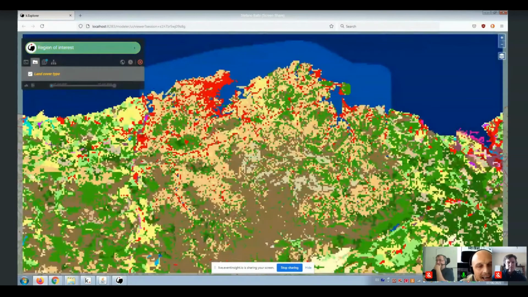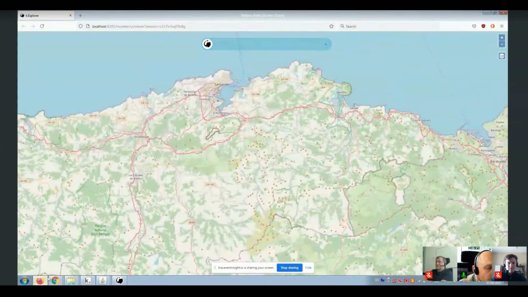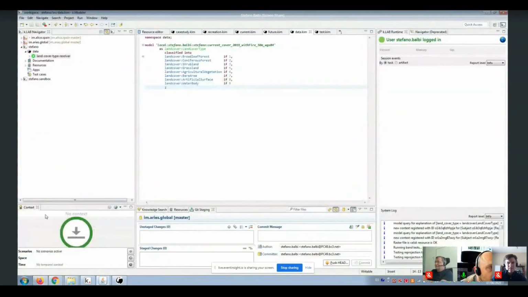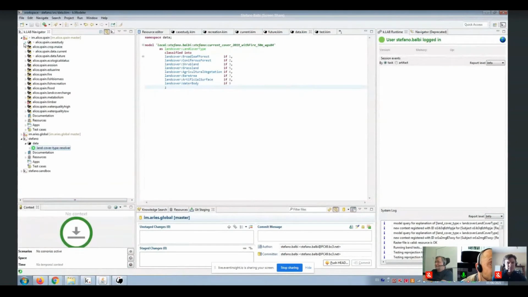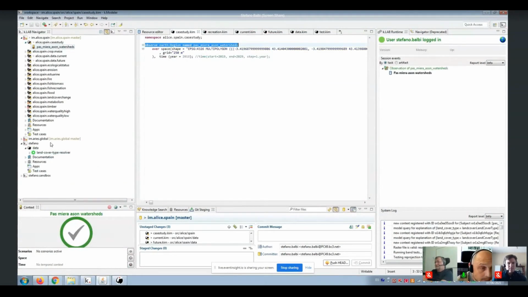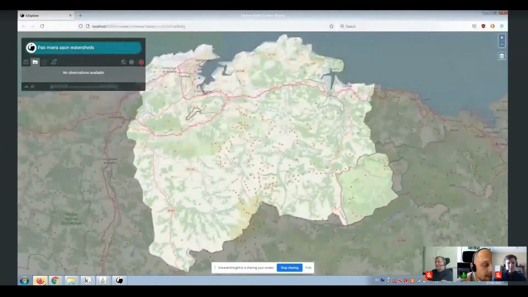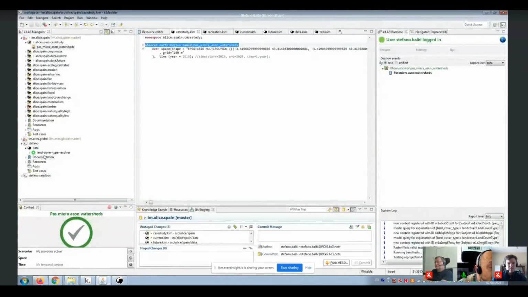And okay, now let's say what you see now is not particularly beautiful, because you have this part from my case study, some kind of land cover data, and then you have the Corine in the rest of the context. So what really needs to be done is also to work on the scale of the data itself. This is, by the way, a case study from the Alice Interreg project, so I can put it there. This is the case study, and the land cover type is this one.